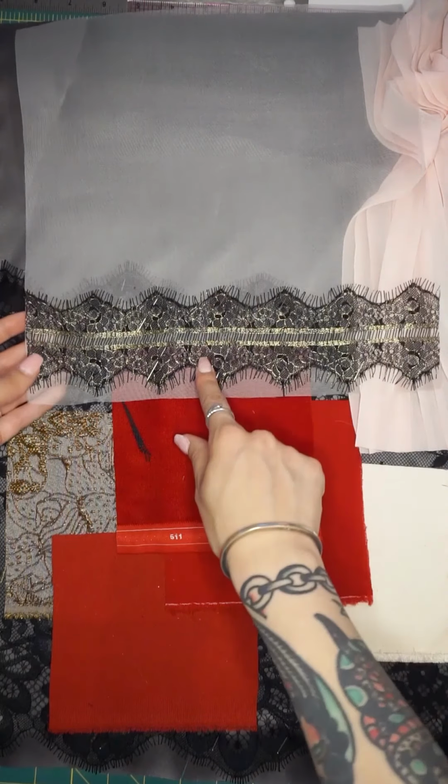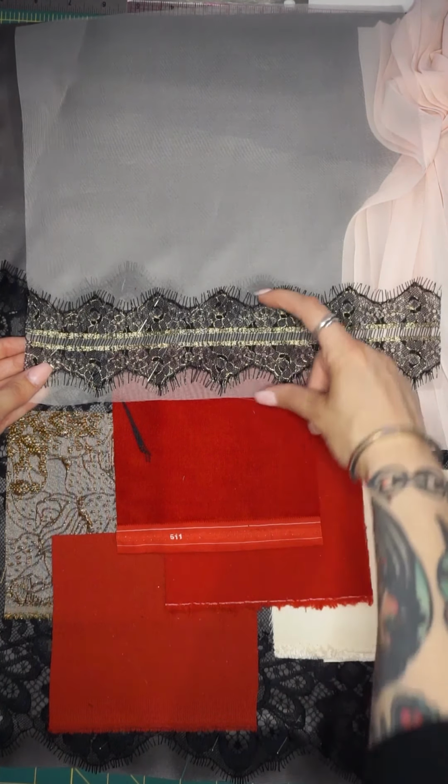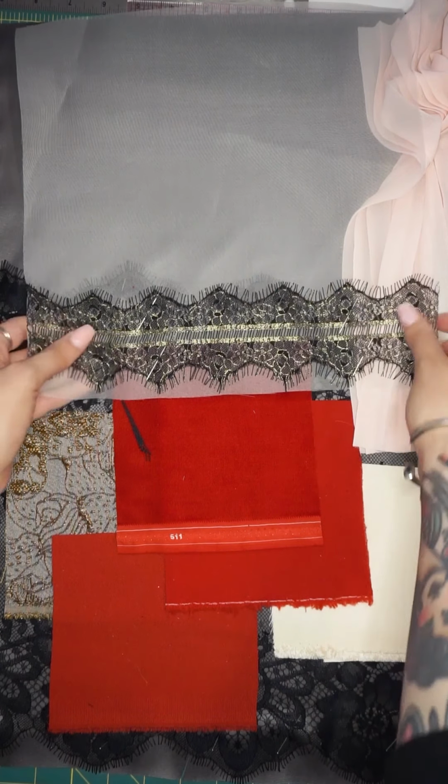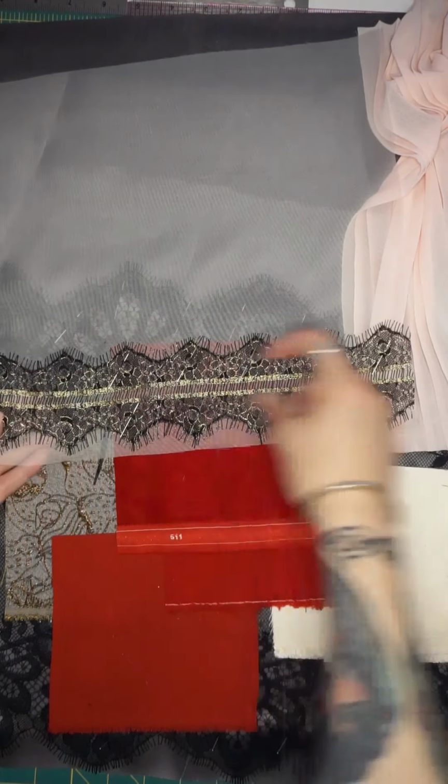For the organza, we're going to do a metallic black and gold scalloped lace trim. This is 3 inches wide. You could always cut it along the center and then have double the length of the scallop to use along the bottom edge. Or you could use what's called the eyelash, which is this eyelash edge. There's also an eyelash along the center. So you could use either the scalloped edge or the center, that straight edge, as a hem. But I'm going to show you how to do the scallop edge, and then we're going to trim away the